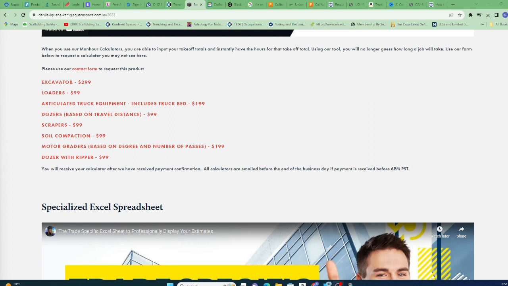You fill in your total, your takeoff total, how many cubic yards of dirt that you're moving, and it'll give you what? Your man hours, how long it's going to take you. If you know your man hour, what you charge per man hour, then you're accurately pricing your jobs based on